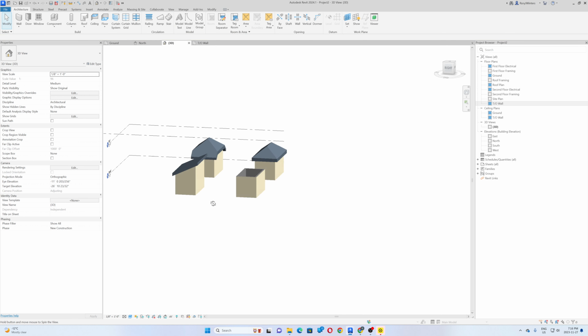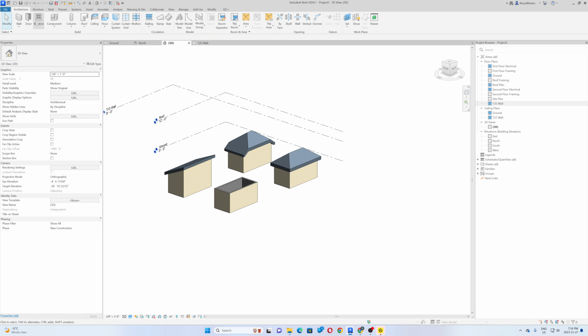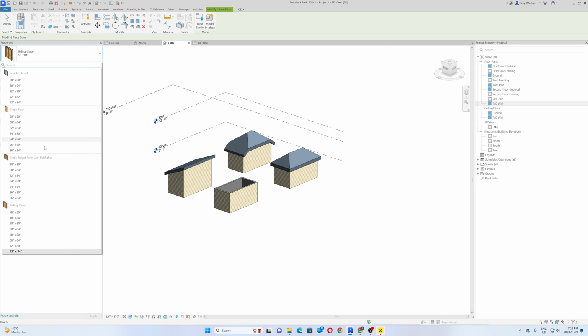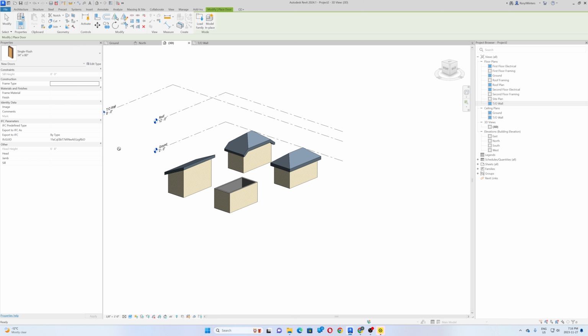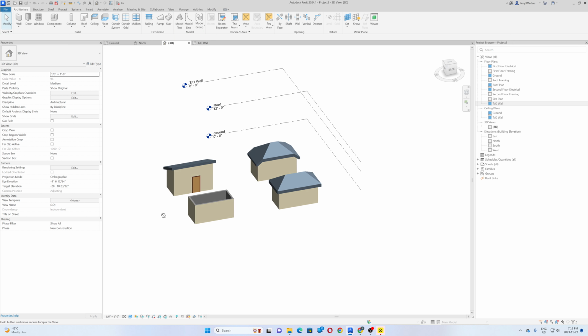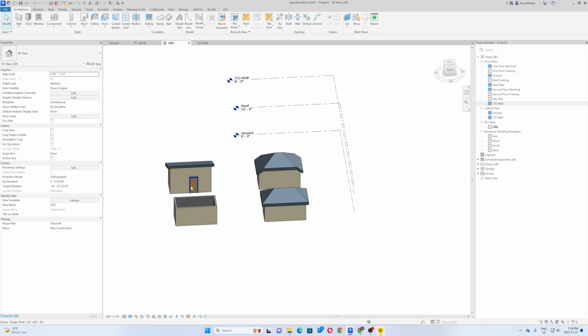So the cool thing is, once you have your shed like this, you can go into your doors and say, hey, I want to put a door in. And so a standard door might be 32/80, and I can just put it on the face here. I can click, and then if I want to, I can hit escape to get out of the door tool, hold down shift on the keyboard and the center mouse button,